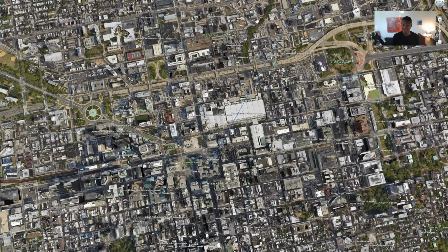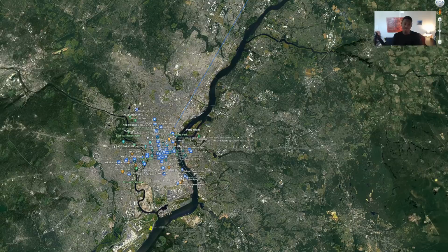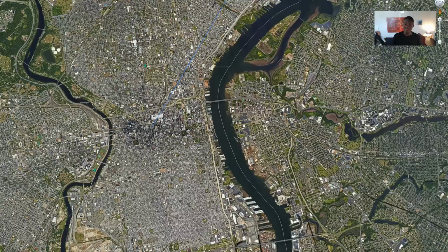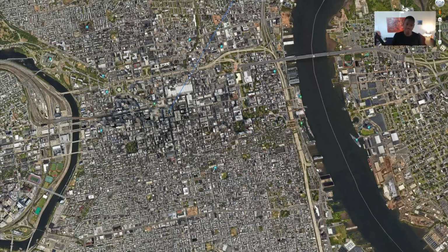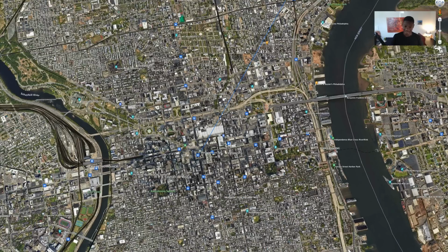But I'm showing you these techniques because I don't live where you live. I live in the greater Philly area, so I'm familiar with this. But you can apply these same techniques to wherever you live, and you might find some interesting connections and alignments. So extending that a little further,